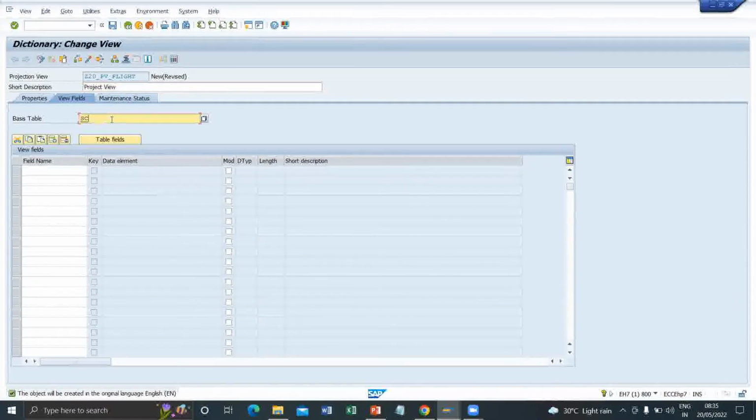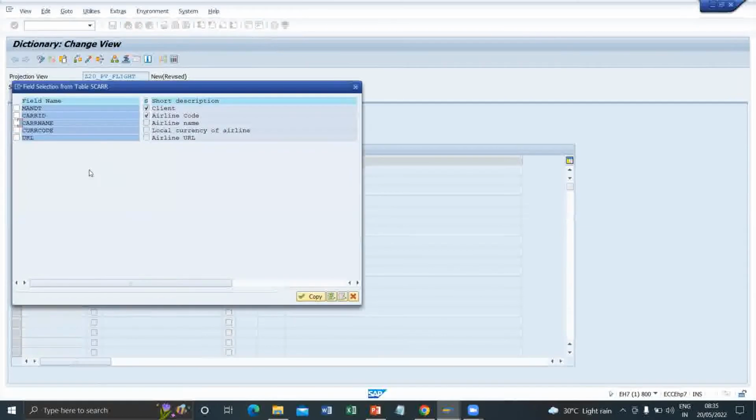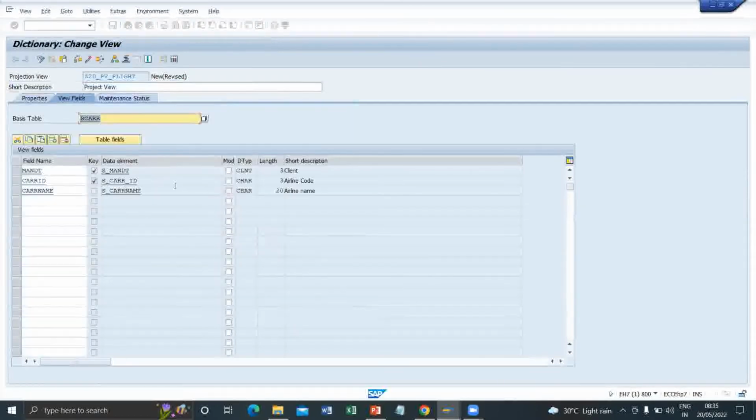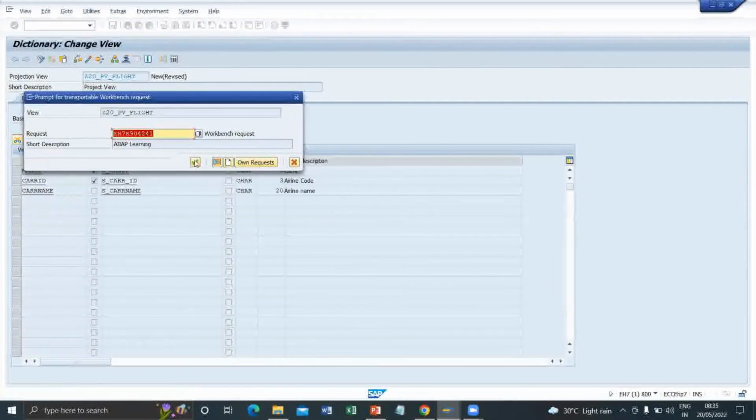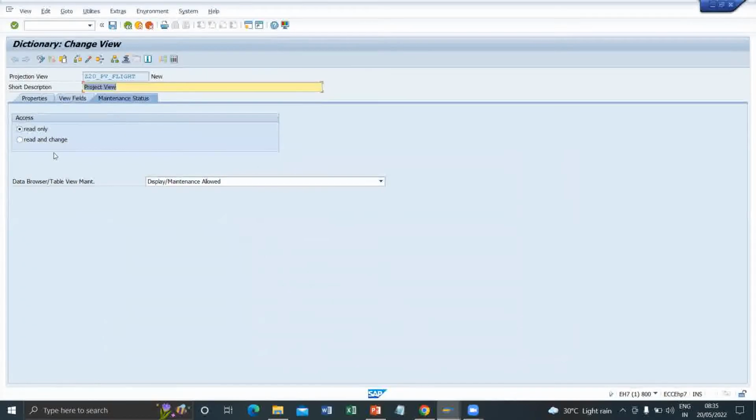So for the basis table, I'm using a table, the scarr table for example. Fields, I'm selecting only three fields. Even the package and transport. Maintenance view, here we can also select read and change. Read only can be selected, change also can be performed. Save, check,